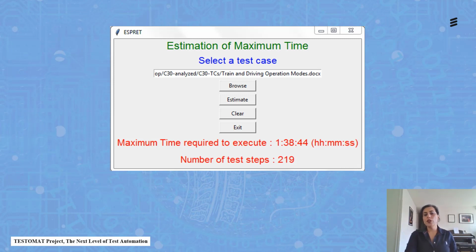This figure shows the user interface of ESPRET, which is implemented in Python. As we can see, we can easily browse the test specification, insert it into the tool, and by clicking on the estimate button, we are able to see the maximum execution time for this test case. This test example comes from the C30 project. We designed the tool for the BR490 project, but we tested it on C30 project test cases, and we can see the maximum time that we need to